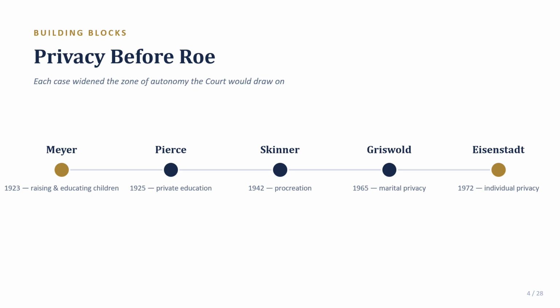All right, so Griswold is the case that gives us the actual word privacy as a constitutional term, of kind of art in this line of doctrine. Fifth is Eisenstadt versus Baird, and that's from 1972, just 1 year before Roe. The court extended Griswold's logic from married couples to unmarried individuals, holding that the right to make reproductive decisions belongs to the individual, not solely to the marital relationship.